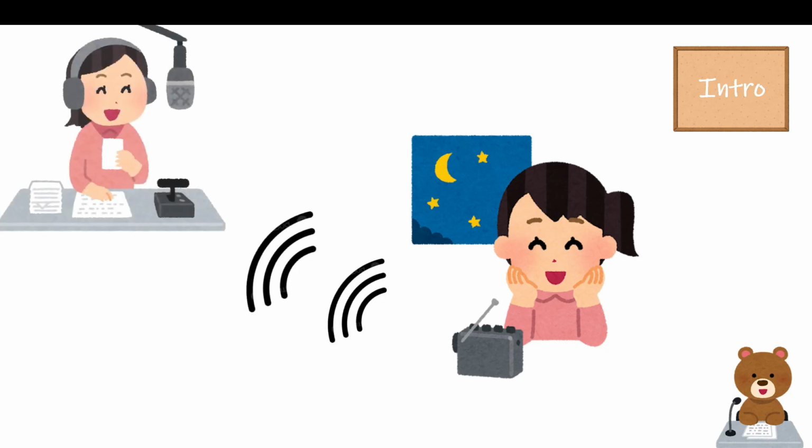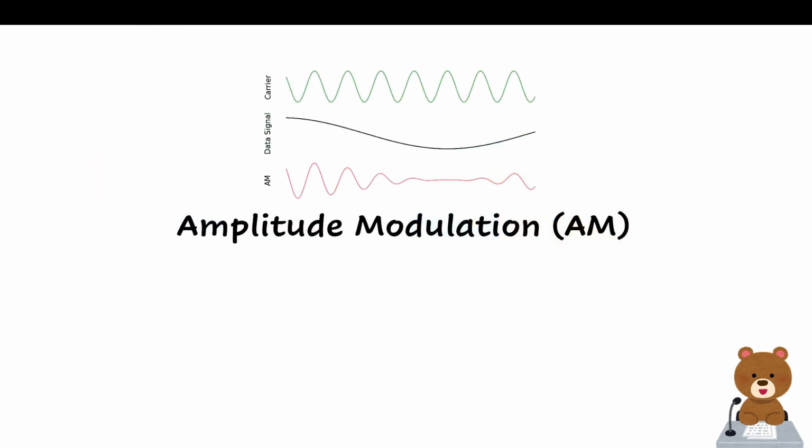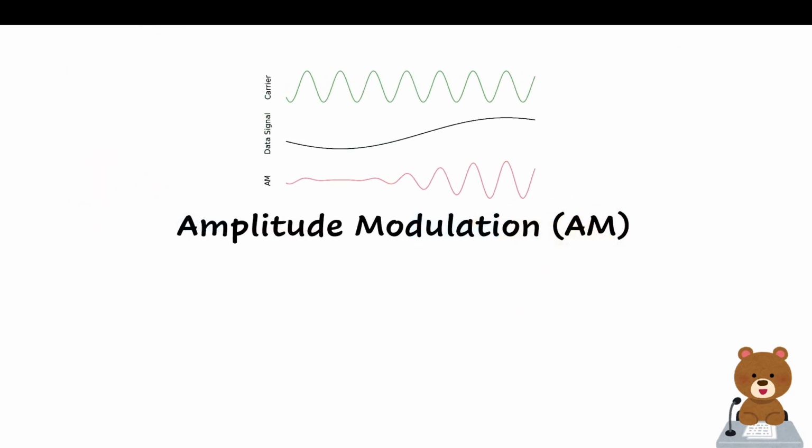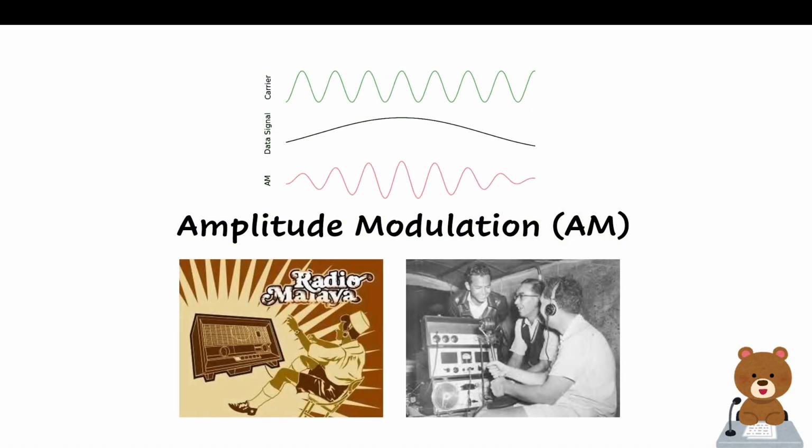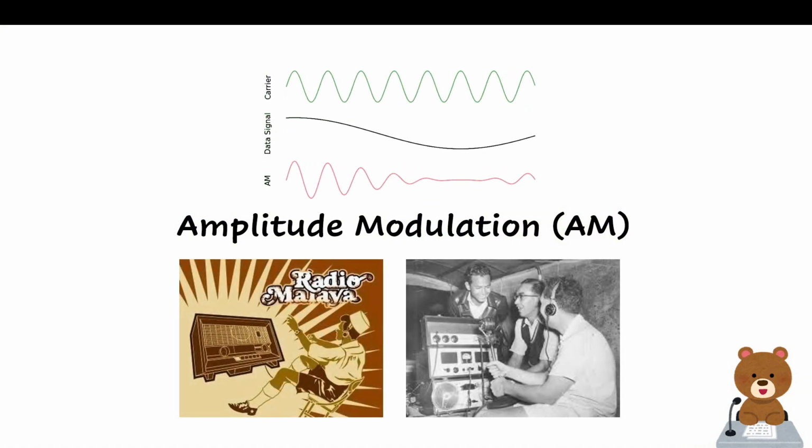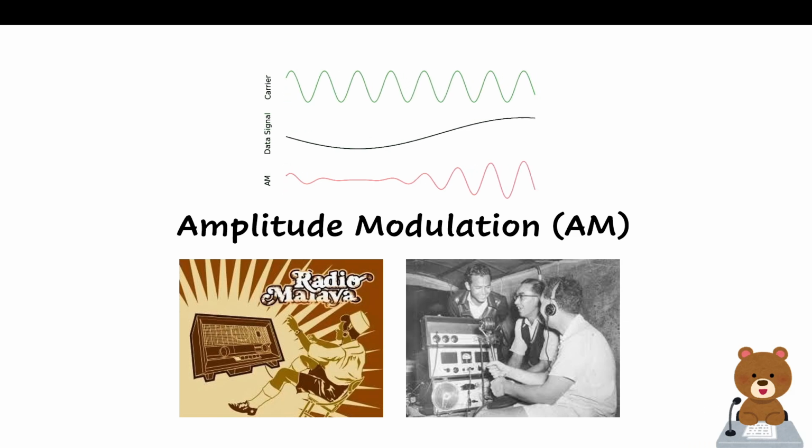Have you ever wondered how the voice actually goes through the air when you are listening to a radio? In this video, we are going to break down one of the oldest and most important concepts in communication, amplitude modulation, or AM for short. It was used in the earliest broadcast by Radio Malaya many decades ago, although AM has been replaced by FM